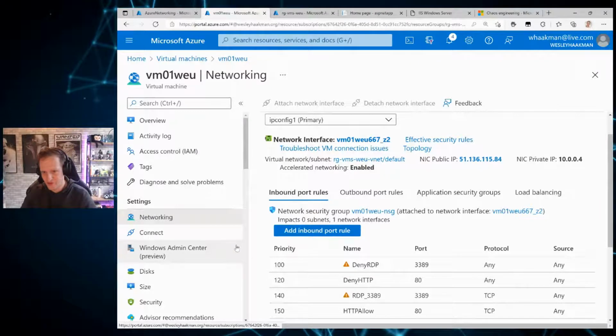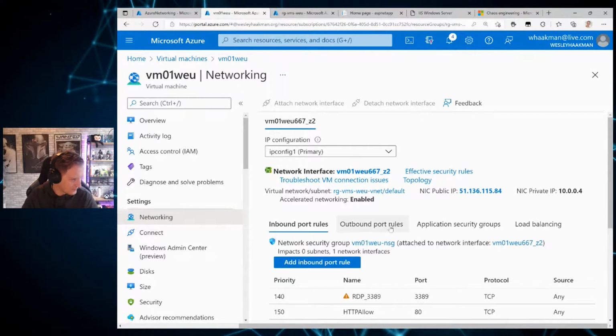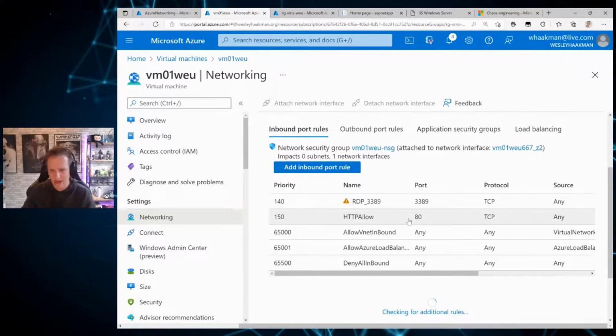If someone remembers running just-in-time access with Azure Security Center in the past, it made quite a mess of your network security rules. With this, you have full control over the naming. In a production scenario, I would prefix this with chaos experiment deny RDP, so everyone knows where it's coming from. But if I'm canceling that and I open it up again, you can see it reverted back to its